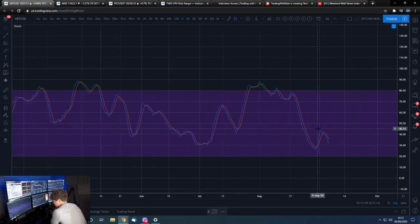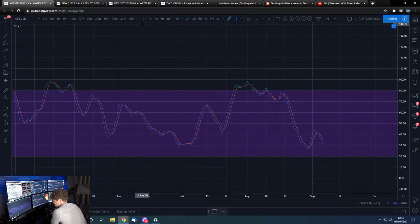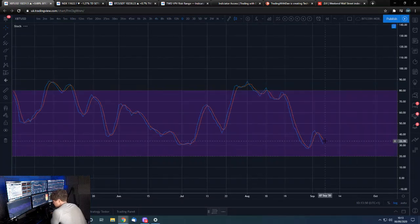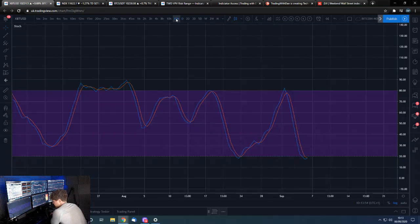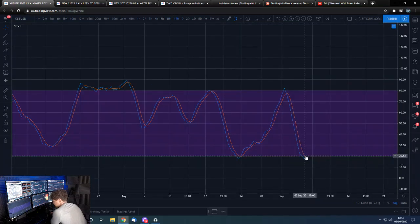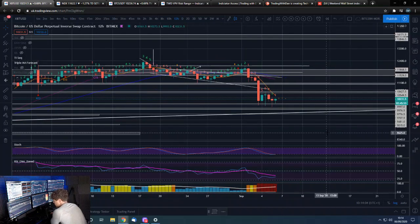12 hours starting to turn up too. And daily is basically doing what the 4 hour has done. So obviously we want it to do what the 4 hour did, and then turn back up and come back up and take out this level. But I mean, all eyes really at the moment on this 12 hour, and potentially even a 10 hour, but mainly the 12 hour. If we can start to get a move up in this 12 hour, then well